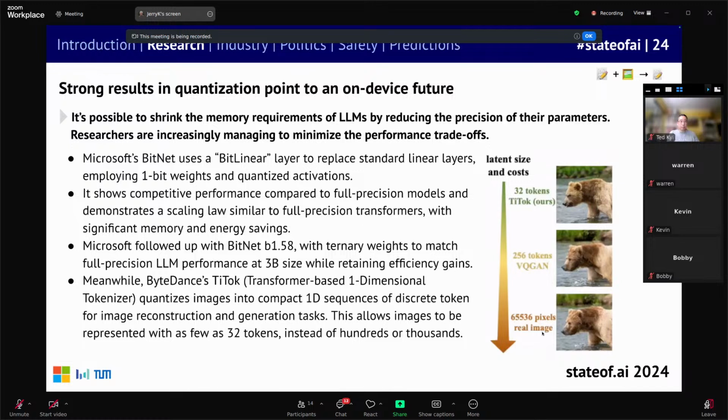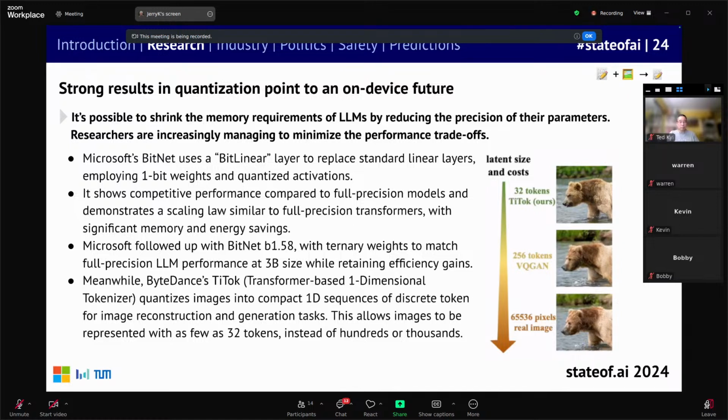I mean, they took this picture from 64K down to 32 tokens in this ByteDance 1D transformer, and they can still regen this image. That is freaking impressive. I don't know how big the tokens are. Each could be a token, like 5K, or 500K, yeah. I don't know how big a token is in that thing, but I'm assuming it must not be that